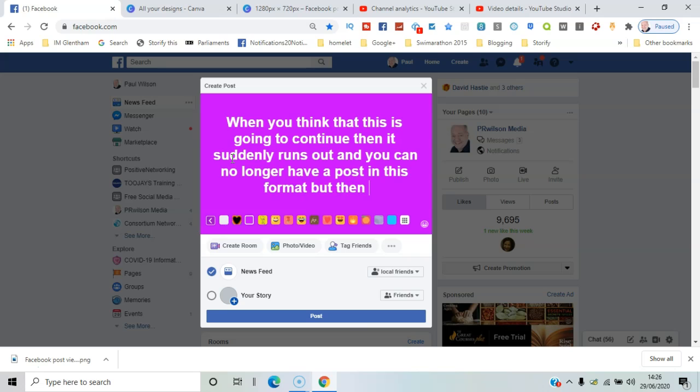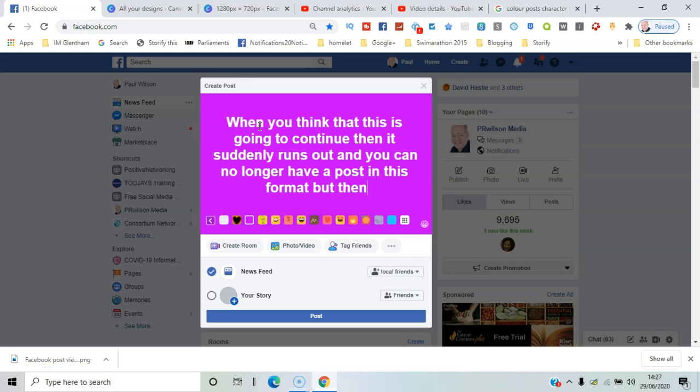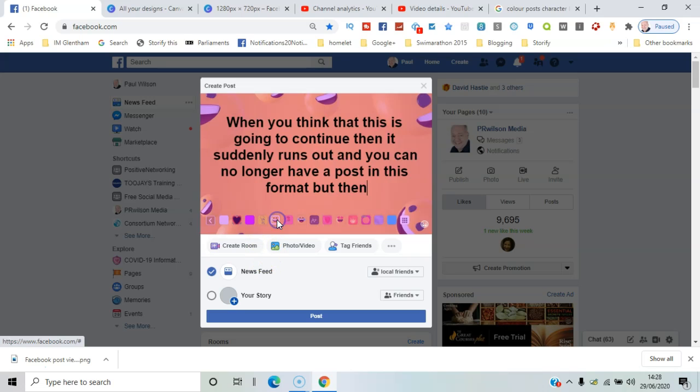But then again, yeah, so I'll just count that. So officially it's 130 characters, so any less than that you can still use it, and you can obviously switch between different palettes